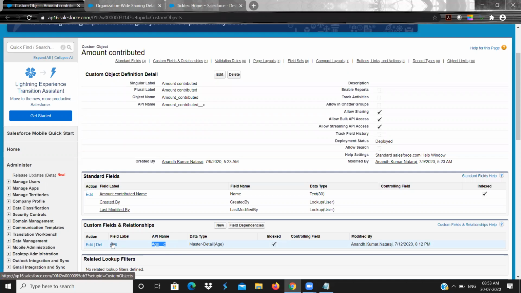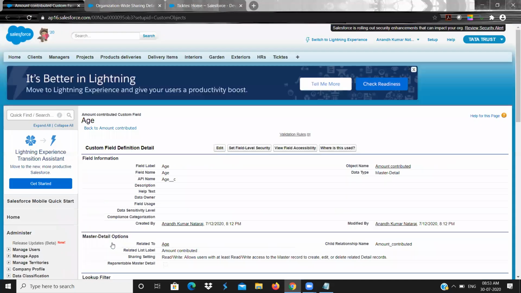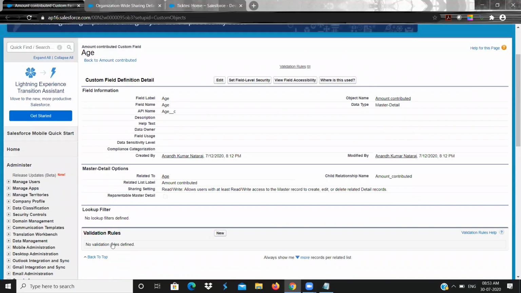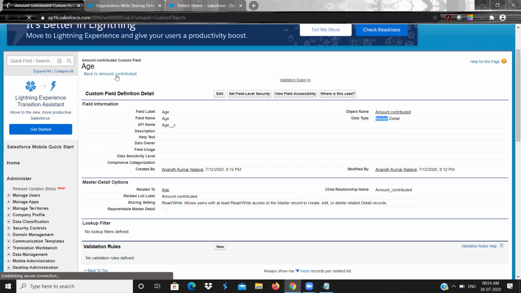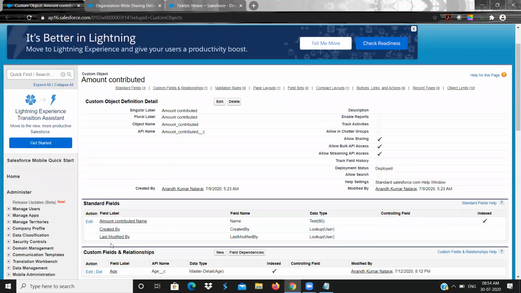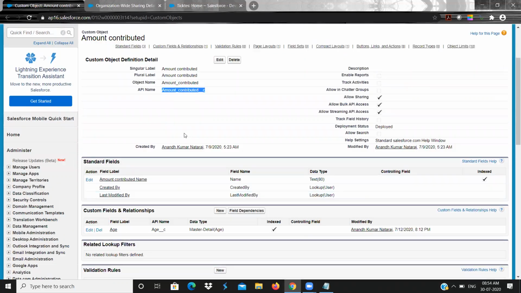What is the definition for master detail? The sharing setting of the child and everything completely depends on the parent. Sharing, record owning, because once you create a master detail relationship, the owner field is hidden. This child record completely depends on the parent.